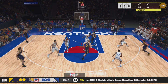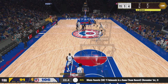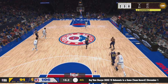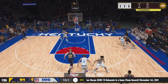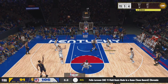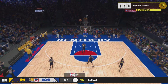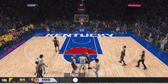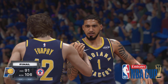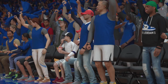Well, they're getting ready to celebrate, no doubt. They know it's theirs to lose at this point. Toppin with the steal. Here's Furphy. Takes the three. And so it's Kentucky easily grabbing this one. Even early on in this one, it seemed like they were happy to be playing at home tonight. And it makes a big difference. Once they started to really play in rhythm,